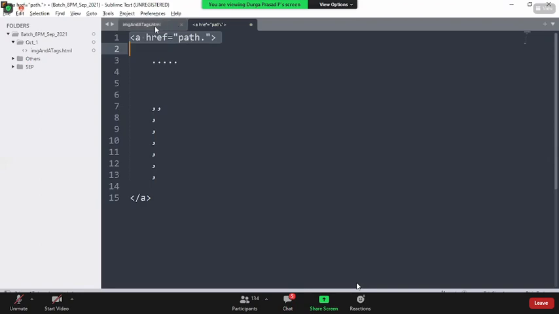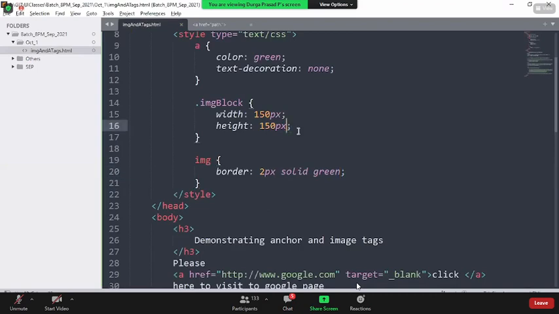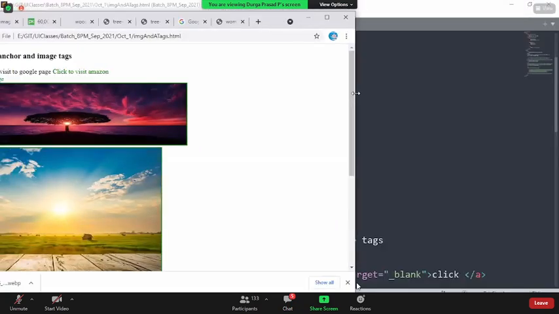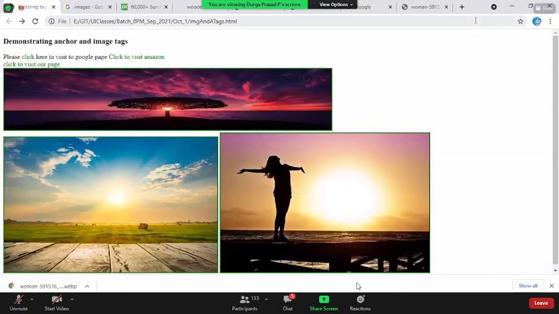Sir, height and width properties should be given in pixel only, sir. You can always do that using the percentages also. Now I say width equal to some 60%. So whatever my current container you have, accordingly it is going to get adjusted. Now if this is 60%, it got adjusted. Sometimes it is recommended to go with the big percentages only for the containers, not for the images. Because once you see an image, it's always recommended to have the same type of width and height every time instead of shrinking and increasing.